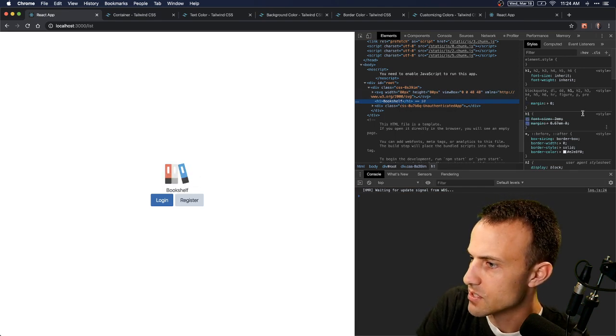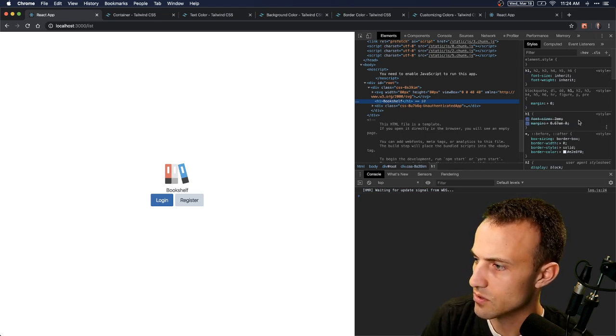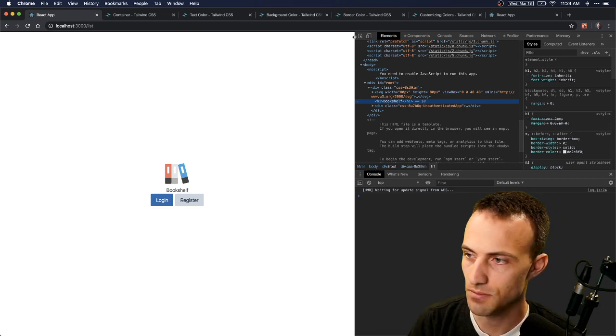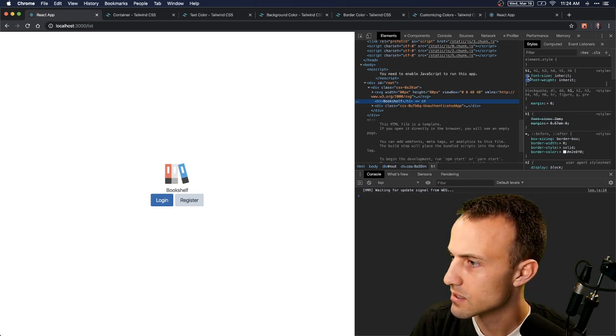I'm just confused as to why both of these are coming from Tailwind. Why would they have two rules that match the exact same thing? Why would they have this rule if it's just going to get overridden by this one? That's my question. But in any case,